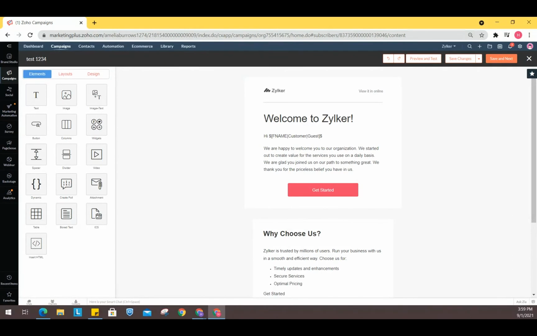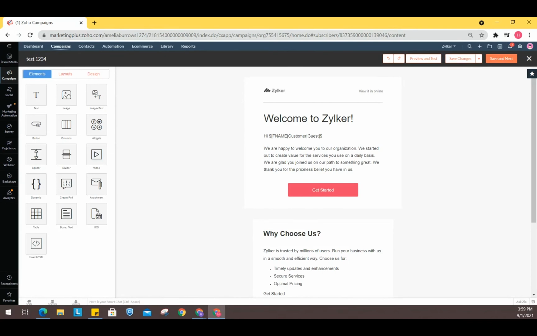You can modify the content by selecting these elements. We have text, button, image and text, column, widgets, and so on. You can see a lot of options in here. And when you select an element, the properties will be displayed, which can be modified as well.